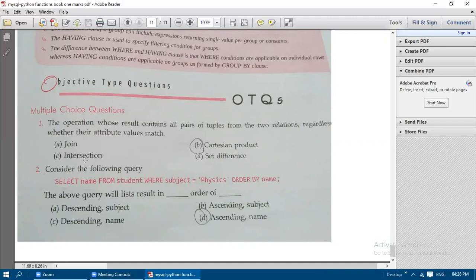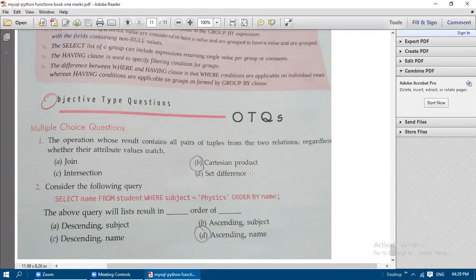Then consider the following query: select name from student where subject is equal to physics order by name. So the above query will list the result in dash order. Ascending order only, because we are not mentioning ASC or DESC, so automatically name wise it will get displayed in ascending order.